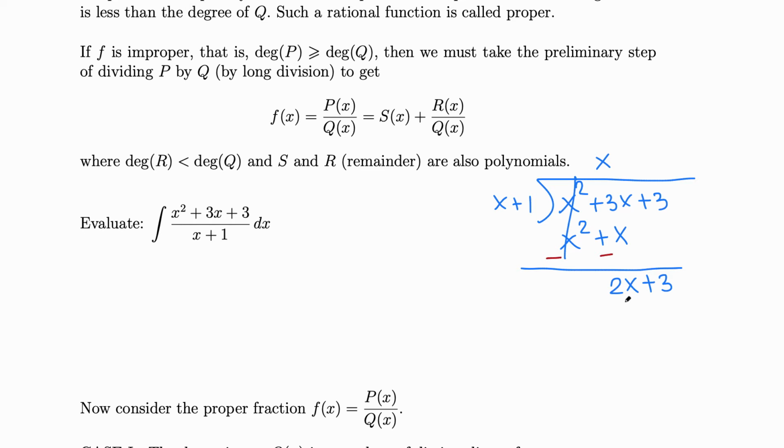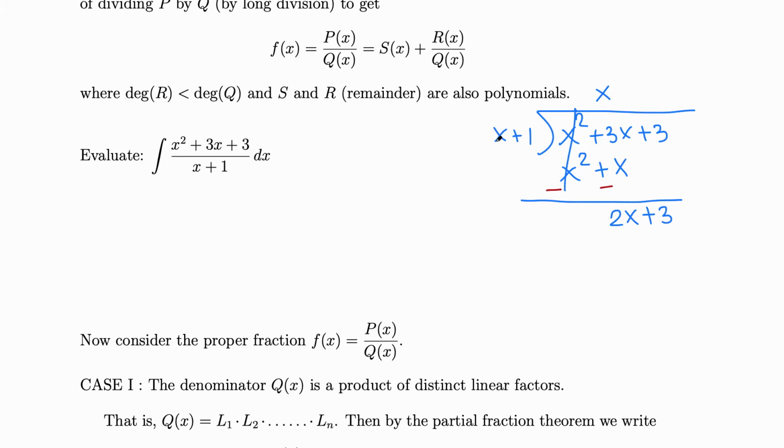Now with x and 2x, we need to divide. X goes how many times into 2x? Just 2, so plus 2. So plus 2 times x, 2x, plus 2 times 1, plus 2. Again we subtract, minus minus, cancel. That leaves 3 minus 2, which is 1. So this fraction is in fact